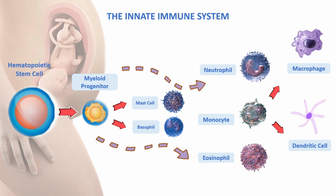But guess what? Besides that, you have something else. You have the adaptive immune system. And so as I was saying, that adaptive immune system, remember once again, if we get infected, let's say by the